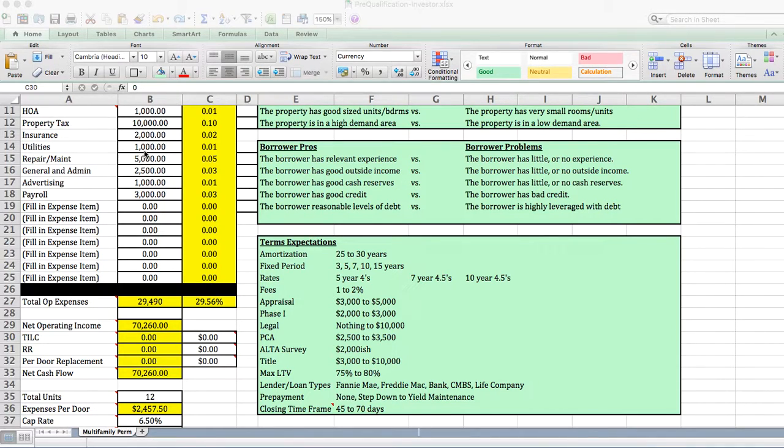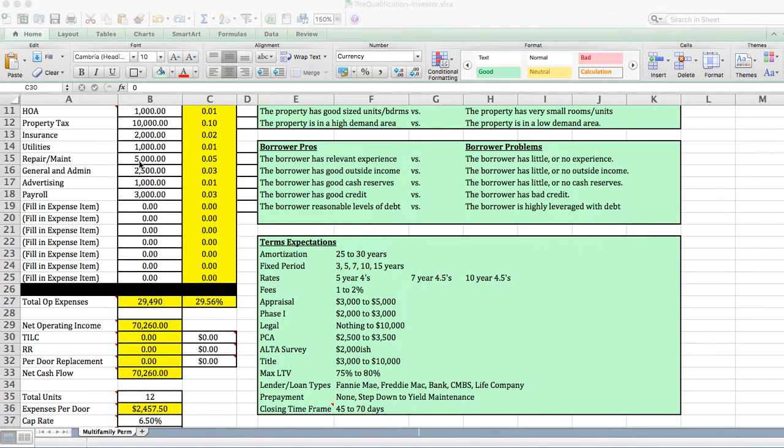Utilities. Many times if this is an individually metered property, you won't be responsible, but if there are vacant units, then there might be some spillover that you are responsible for as the owner of the property. So make sure you understand what is the situation for the utilities. Repair and maintenance, traditional just ongoing paint, deferred maintenance, could be some cracking, carpet, just again,